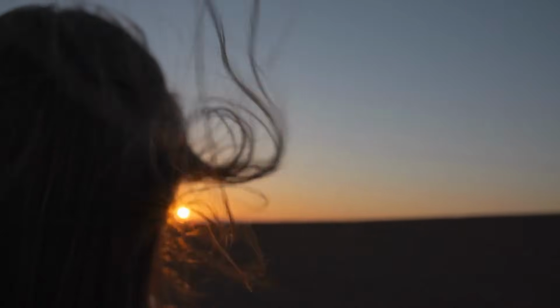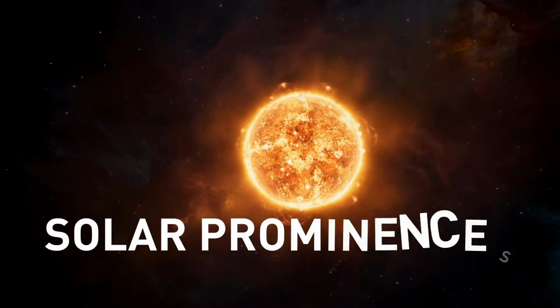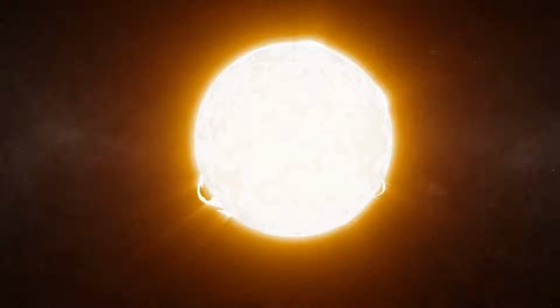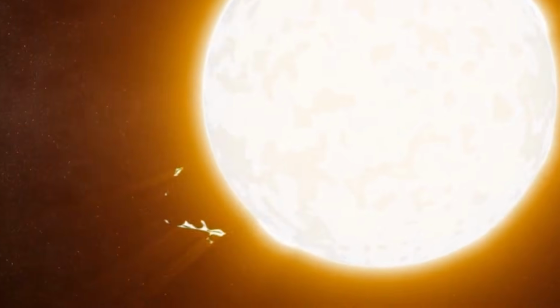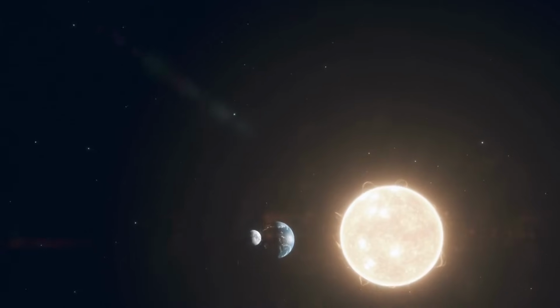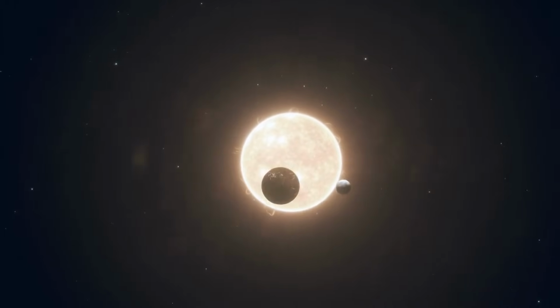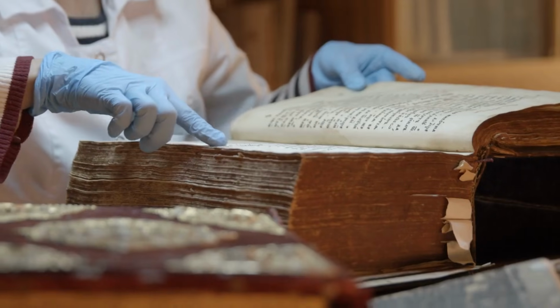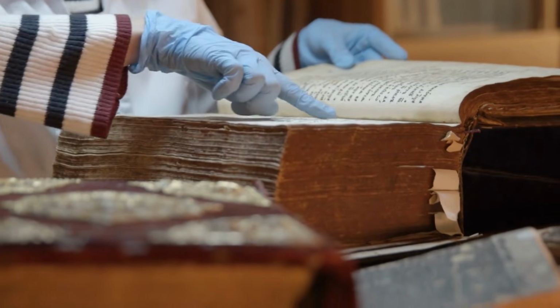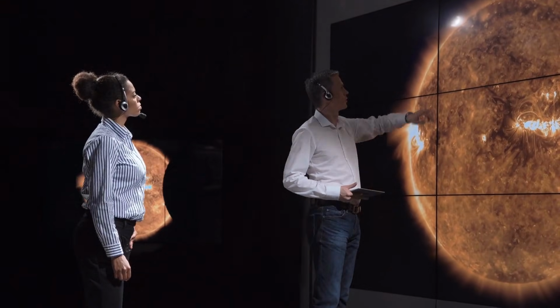Now, if we were looking for an analogy to the sun's hairs, the best candidate would be solar prominences. These large, bright plasma loops arise from the sun's surface and stretch for thousands of miles into space. Their lifespan varies from days to several months. It's one of the most common events in this region. Although the first detailed description of solar prominence dates to the 14th century, modern scientists are still researching how and